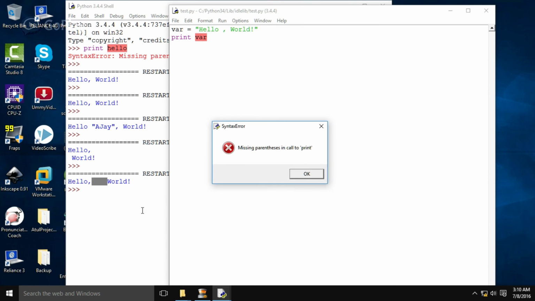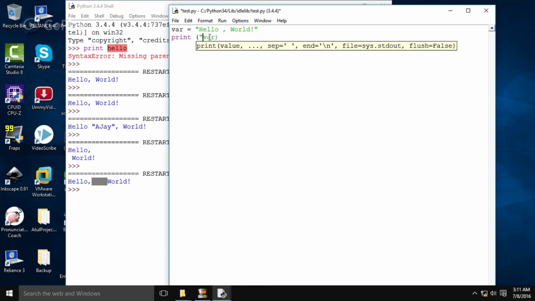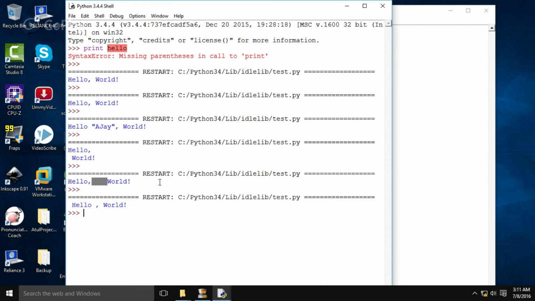Now run the program. Okay, wait a minute. Now run the program. Now you can see the same output here.